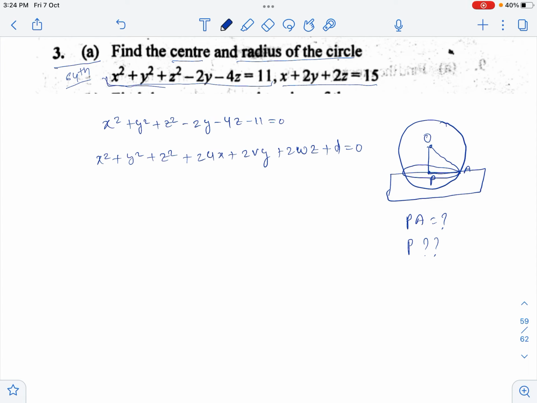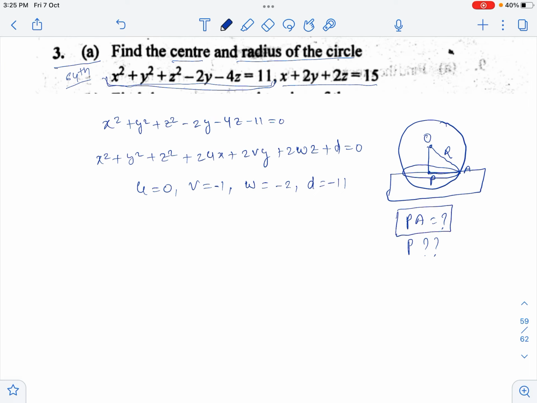That means here in the given equation of the sphere, u, v, w, d are: u is equal to 0, v is equal to minus 1, and w is equal to minus 2, and d is equal to minus 11. So the radius of the sphere r,